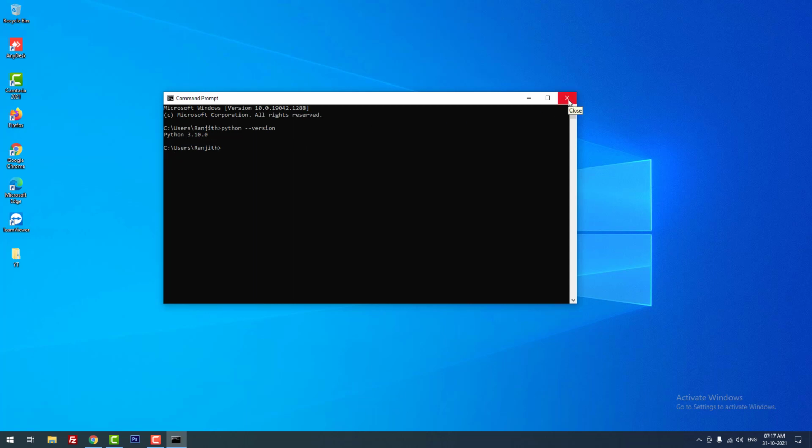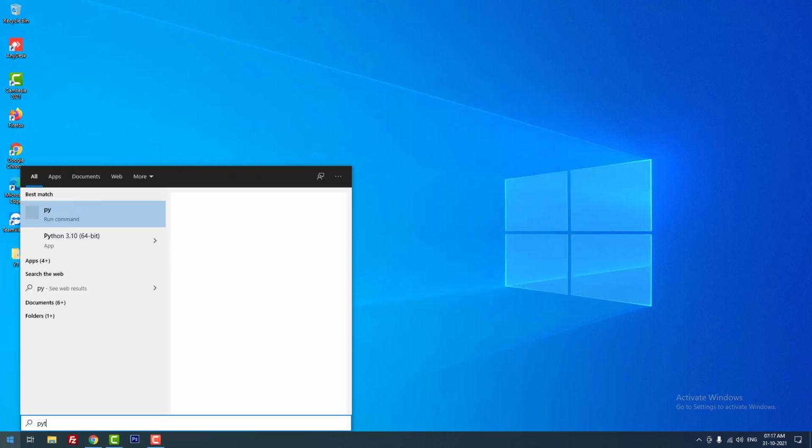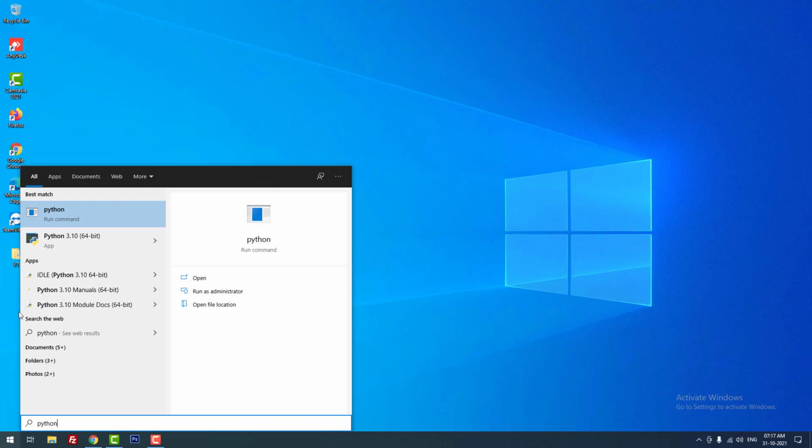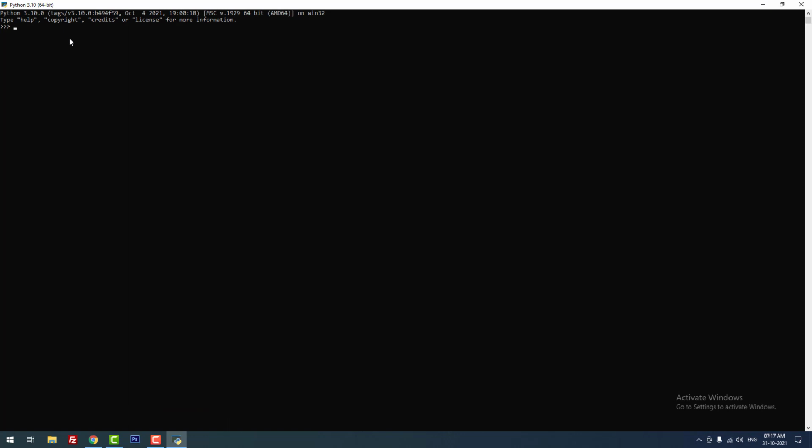Then let me explain how to run Python files. When you type python, you can find the Python application where you can run your Python code directly. As you can see here, I'm going to print a small message, print welcome to Coding Diksha. That's it. When I click enter, you can see that the output is returned, welcome to Coding Diksha. In this way, you can run and check Python code.